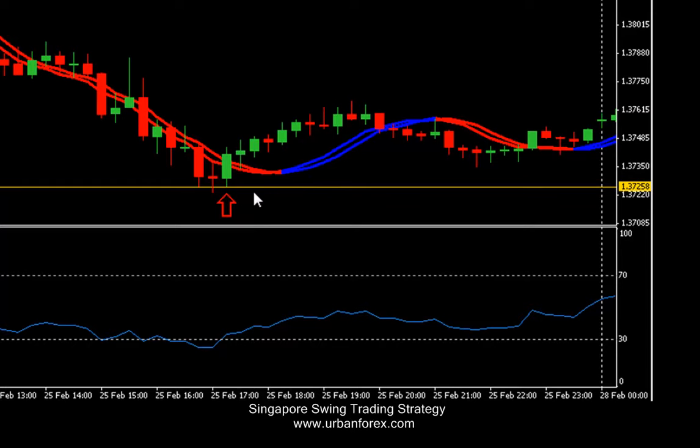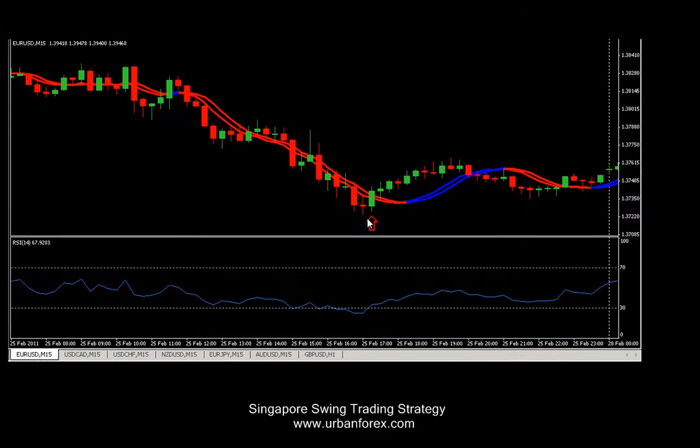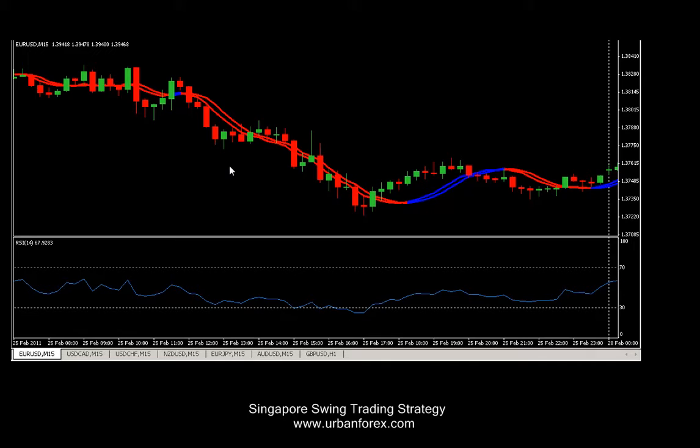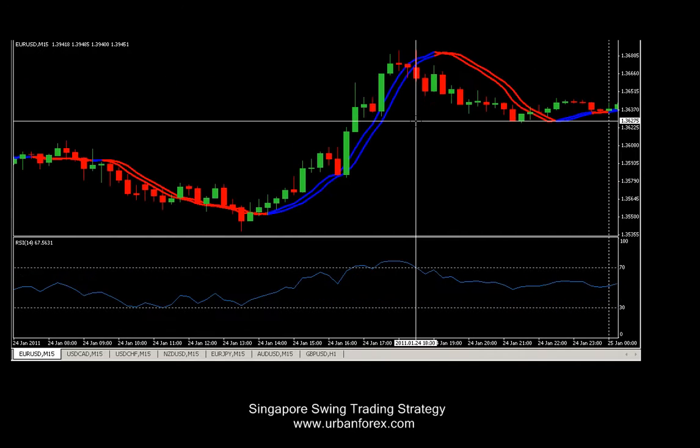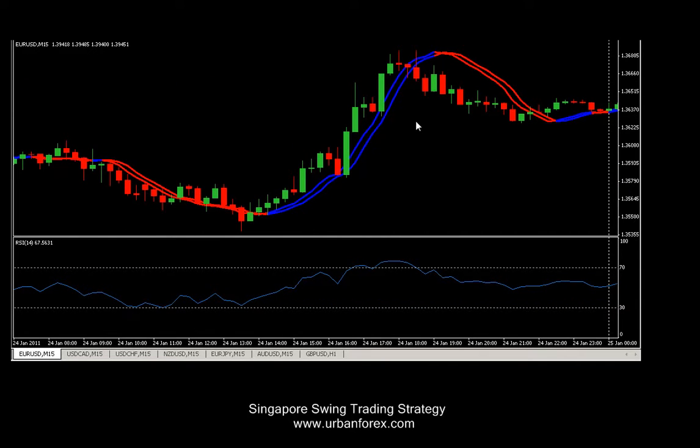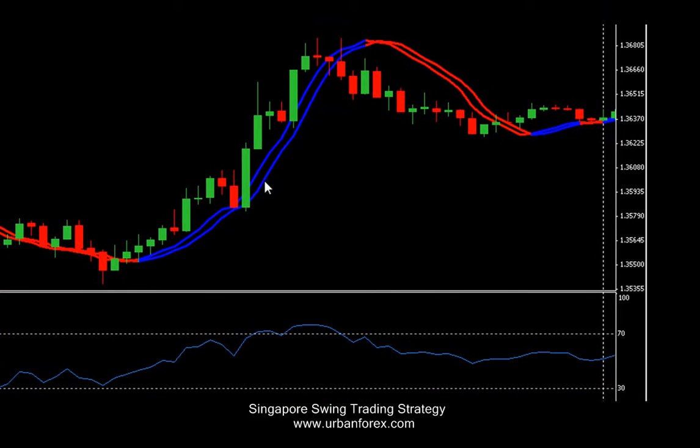Alright, let's give you a sell example. Let's scroll back here. Alright, here we have a sell example right here, and we can see that the market was trending upwards, which is confirmed by these 2 blue MAs, and we can also see that the RSI went above the 70 level. Now it's hovering up above there, and we're waiting for a candle to close outside of the blue MAs, which